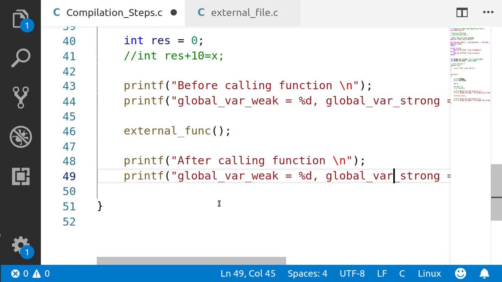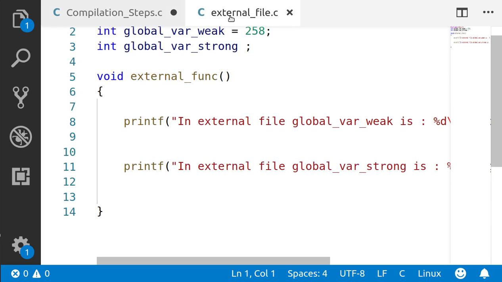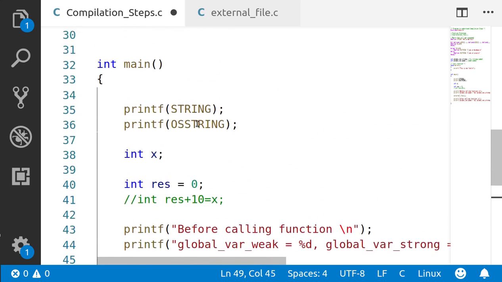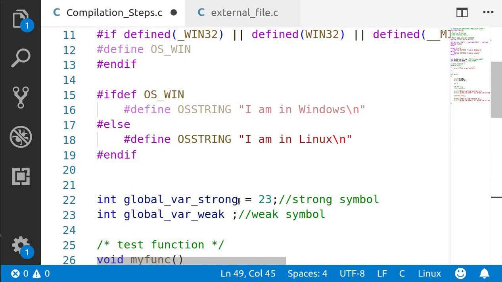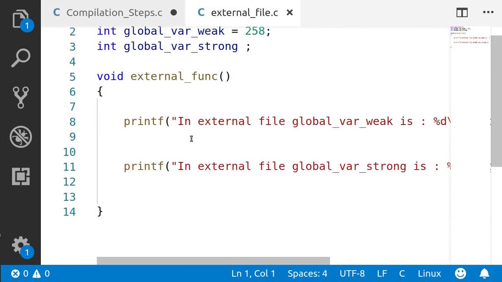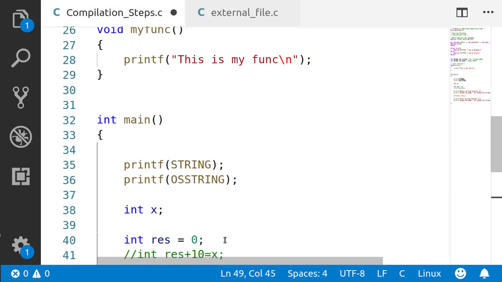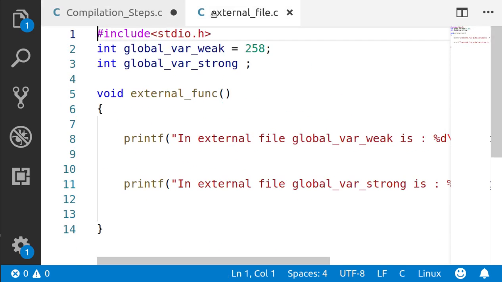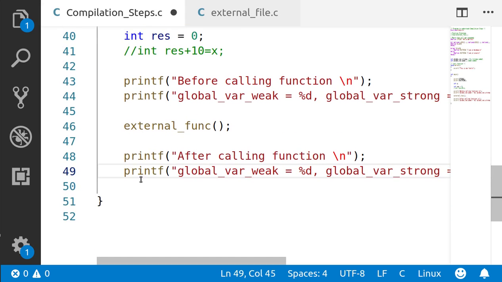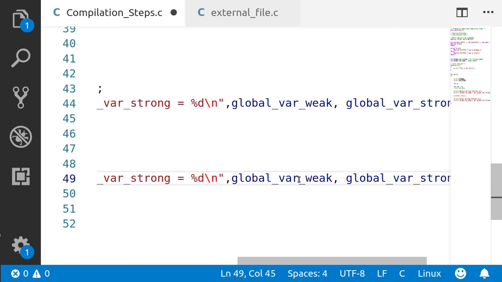I have also created another file which changes the weak, non-initialized variable. The non-initialized variable is changed over here and it is getting printed over here. Also after calling this function, external_func, the variables also get printed over here.